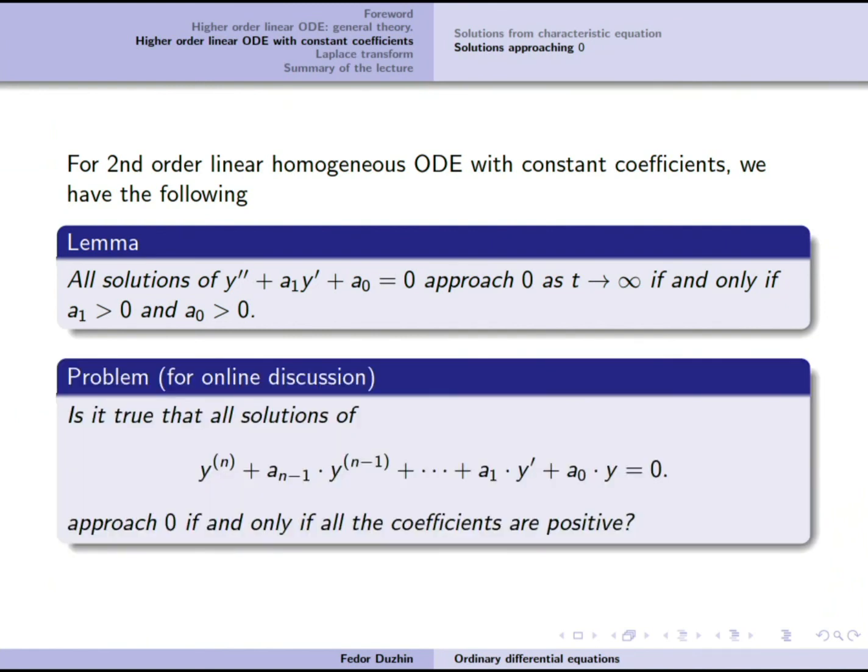It is a very cute problem, and I suggest that you try to think about it, and you may want to share your thoughts in the online discussion. So is it true that the same thing holds for order n, in the sense that all solutions approach 0 if and only if all the coefficients are positive? True or not? And if it is true,